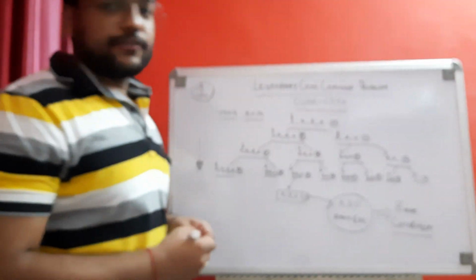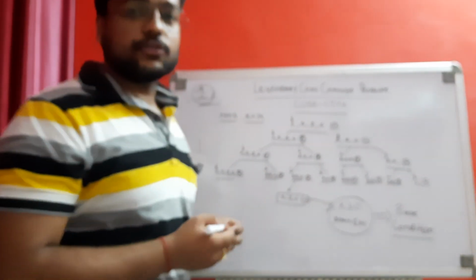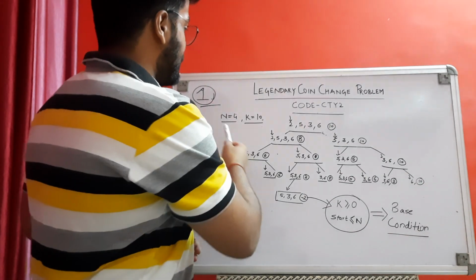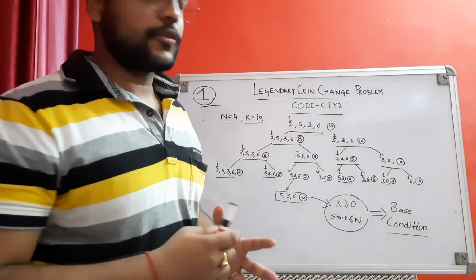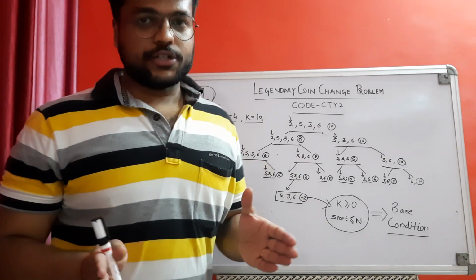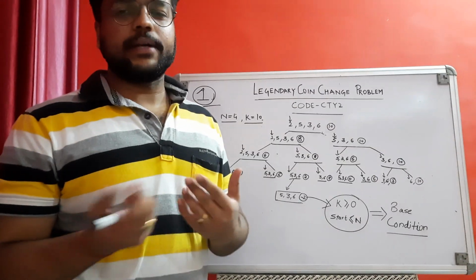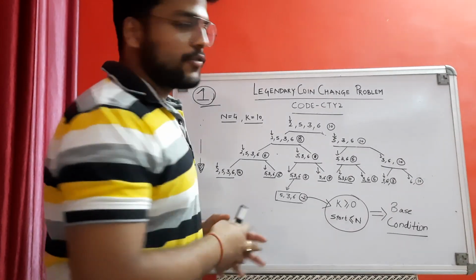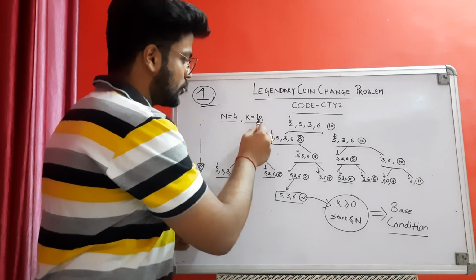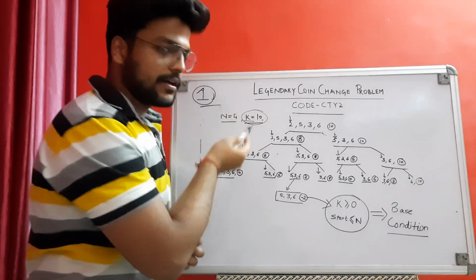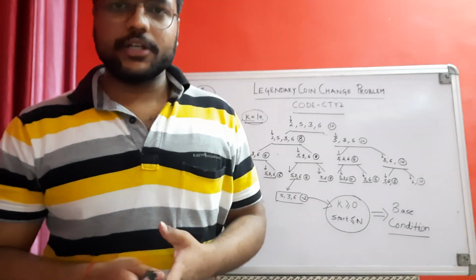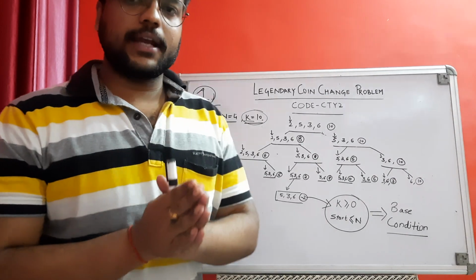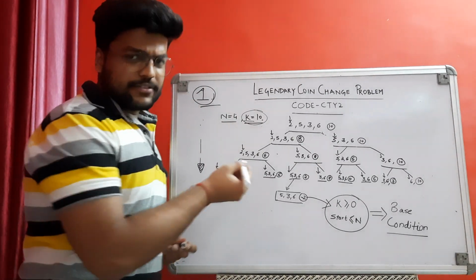So let's see the first solution, that is recursive. Let's start with an example. You have n equals 4, k equals 10. First of all, you have a number of denominations of coins like 1 rupee, 2 rupee, 10 rupee, 5 rupee, and you have to make a sum that counts to k, that is 10 here in the example. You can use any denomination any number of times to make the sum k.